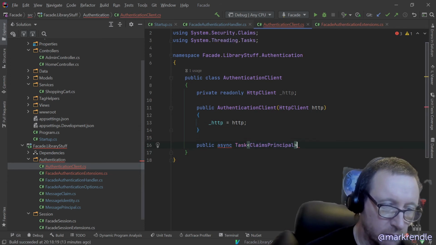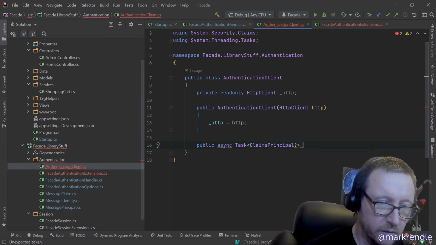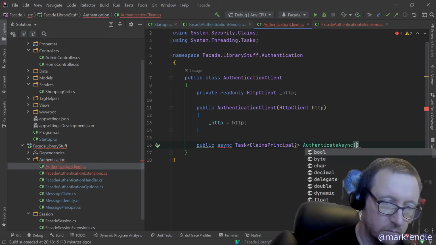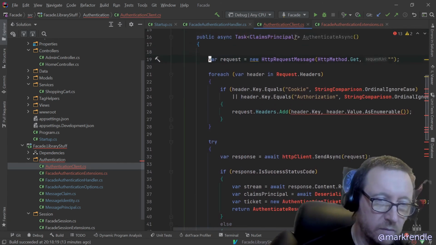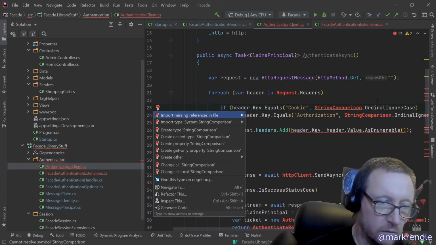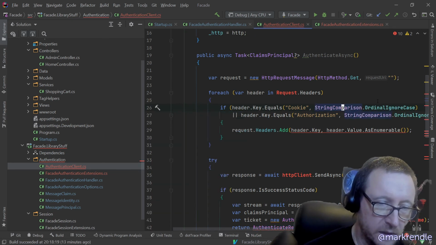ClaimsPrincipal, which is going to potentially be null. AuthenticateAsync, and we'll put all of this into here and we'll just import missing references,